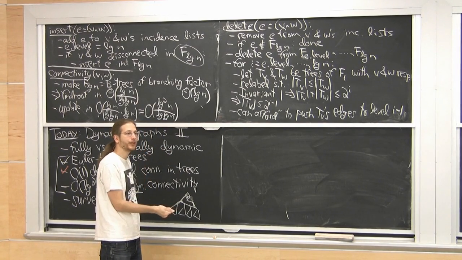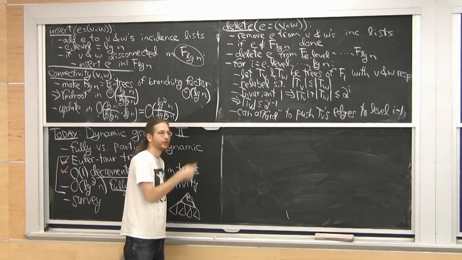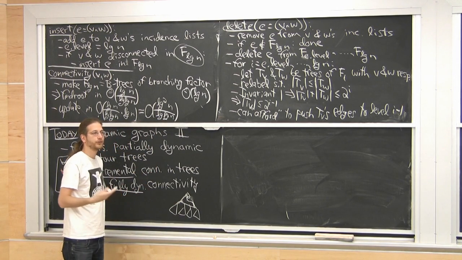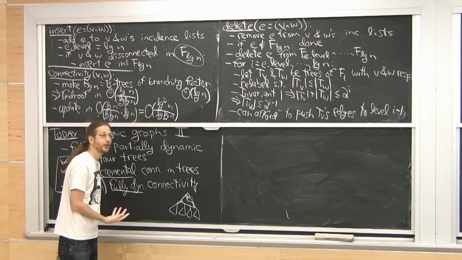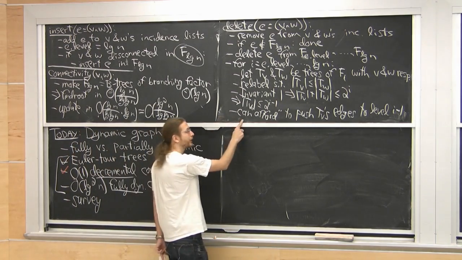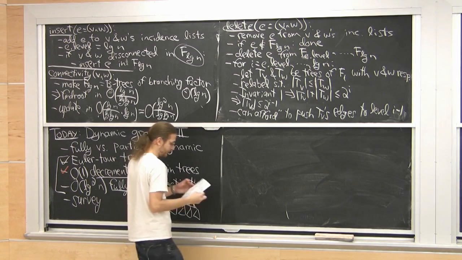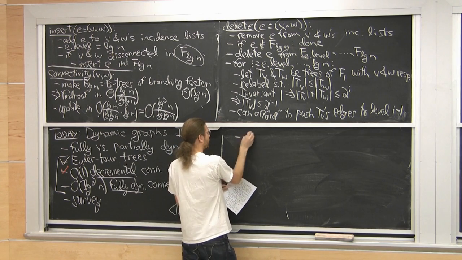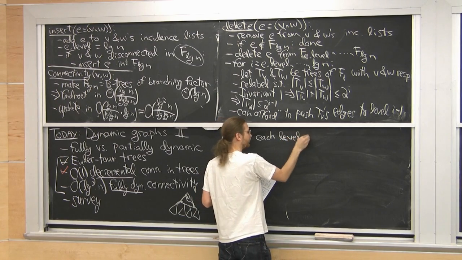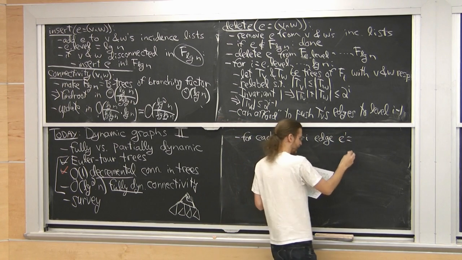And whenever we decrease the level of an edge, we basically get a free coin to continue. So you get a free life every time you push an edge down by 1 level, because overall number of pushes can be number of insertions times log n, because every edge can only be pushed log n times. So whenever we push down an edge, we get a free bonus life, so we can keep doing our search. So here's how the search works. This is a little bit tricky to implement. I'm going to first tell you what we want to do and why that's OK, and then we'll see how we actually do it.